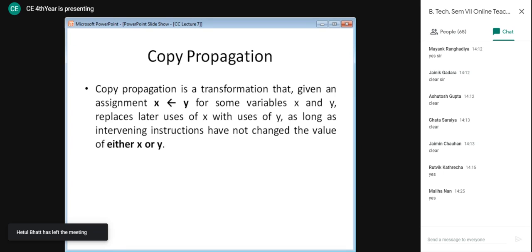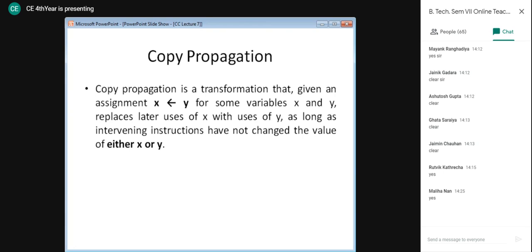So instead of writing x, we can directly write variable y, as long as the intermediate or intervening instructions have not changed the value of either x or y, otherwise the meaning will change. So meaning of your code should not change by any of these transformations.